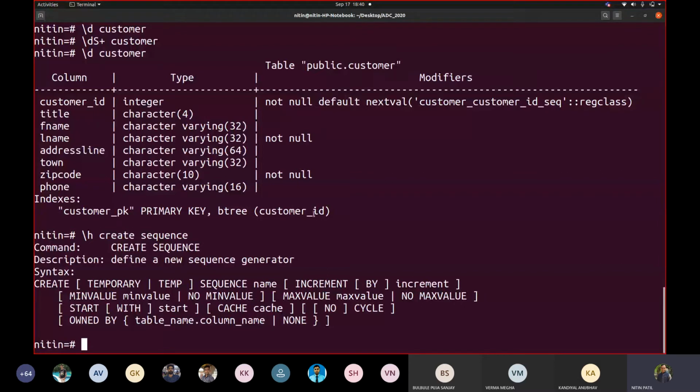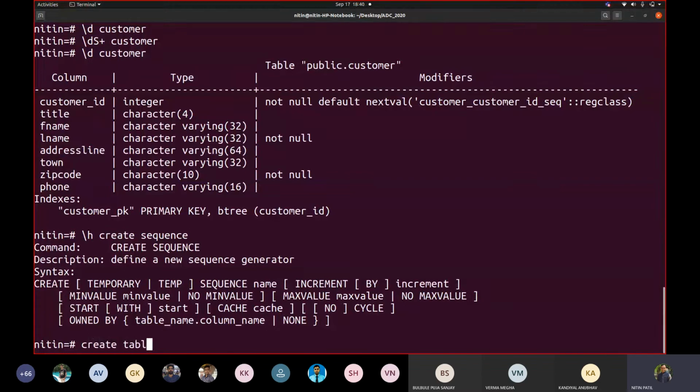There would be increment by, where you can mention what value should be taken for increment. You can provide a minimum value, a maximum value. If you don't provide them, it will take no min value, no max value. You can provide start with, and you can provide owned by, like a table name and column name if you want to add. So for which column you want to do this.